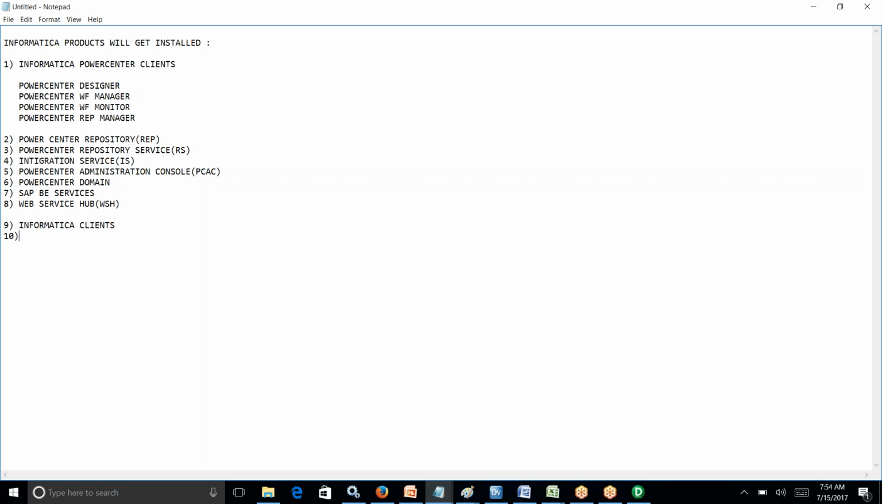Same way here, Power Center repository, right? Here we have the model repository, one more repository extra, two repositories. Here Power Center repository service, same way here model repository services, MRS. Same way analyst services,